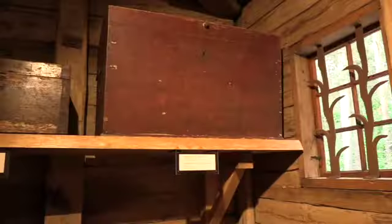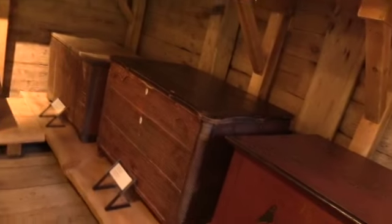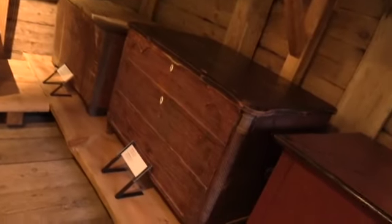Of locks. Here are a collection of the various boxes, luggage, that things might have been stored in here, although some of this just looks like normal furniture that people would have in their house. And that's what this is, an exhibit of furniture that has been used in the country, maybe even that part of the